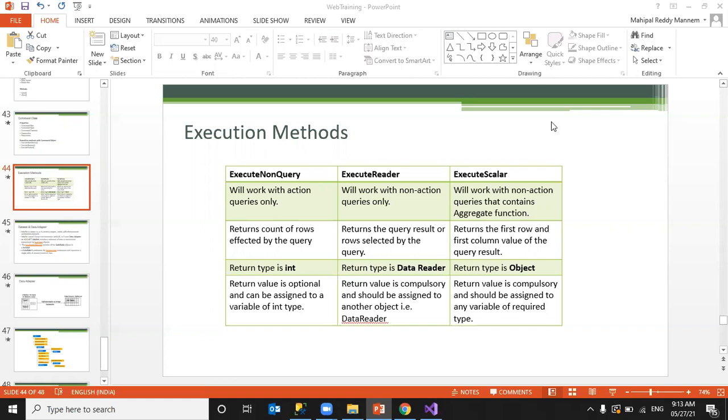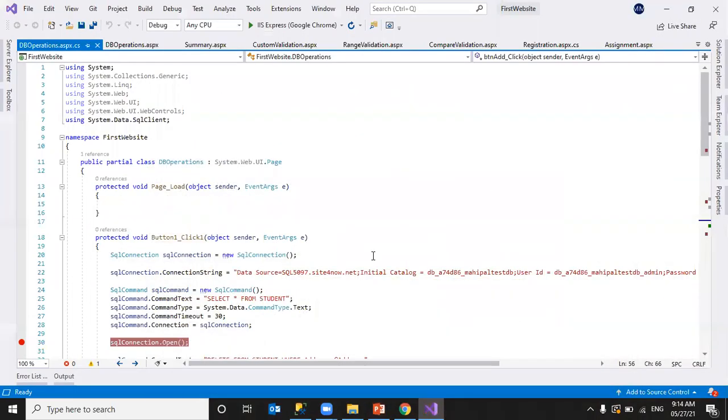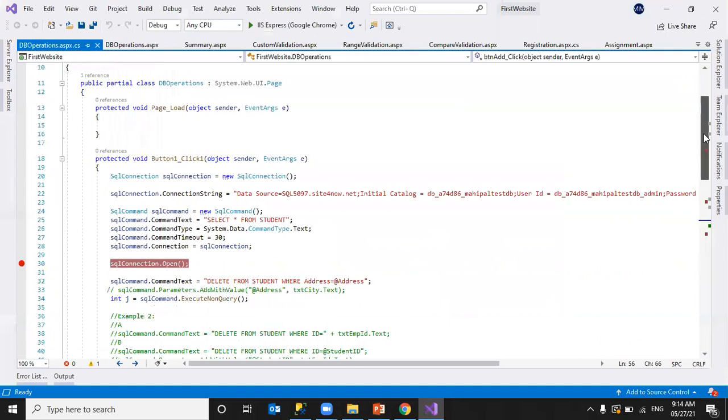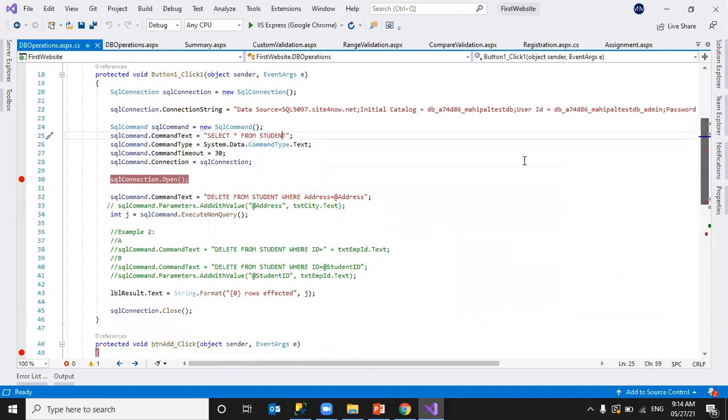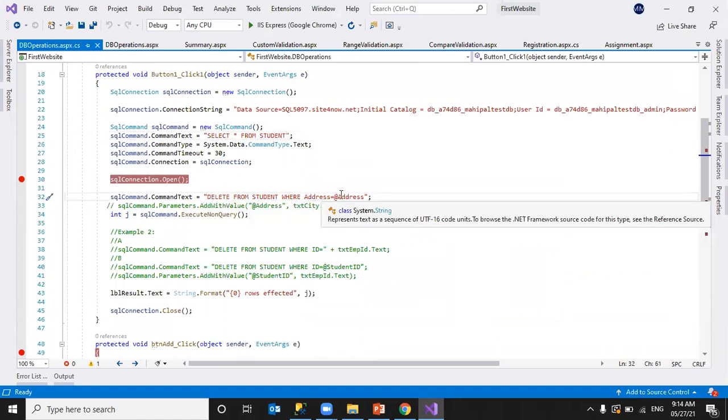So we talked about it and we saw one example with ExecuteNonQuery, like deleting a record: delete from student where student ID equals 5.